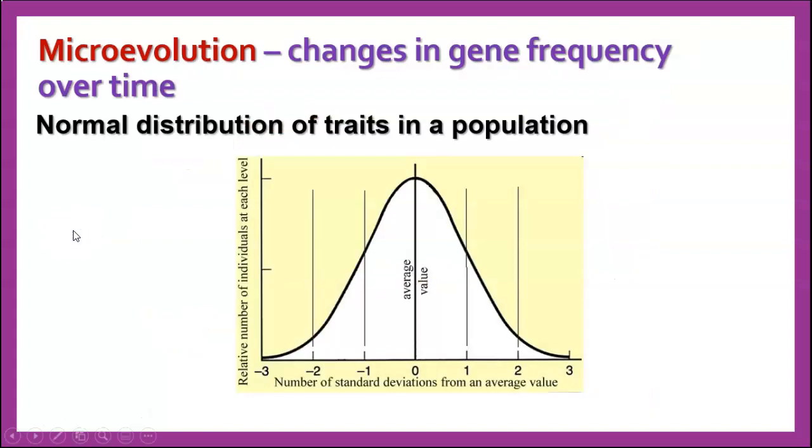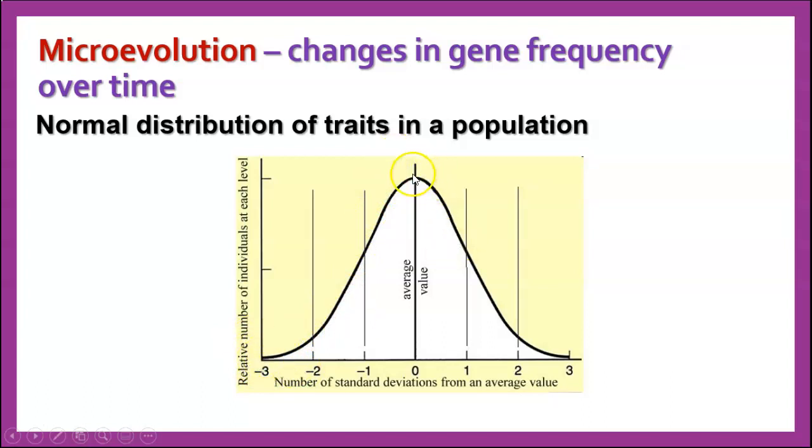Now, microevolution is changes in gene frequency over time. And when we talked about genes, remember we talked about polygenic traits and things that had variation within a population. And remember when we looked at the skin color graph, it made this normal distribution, a bell-shaped curve in the population, where the majority of individuals are at or near the average value, and there are very, very few that are,